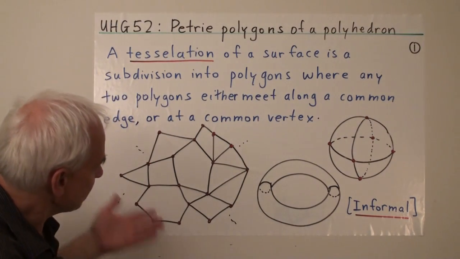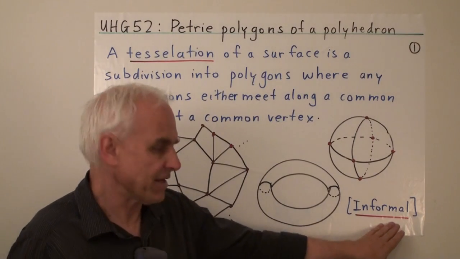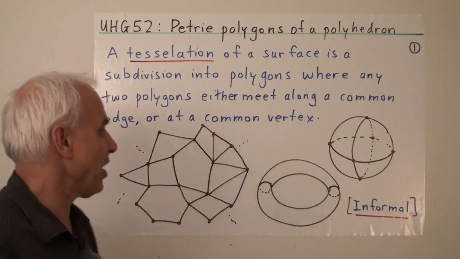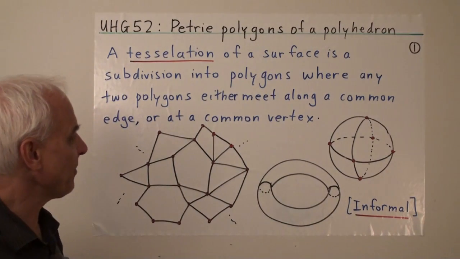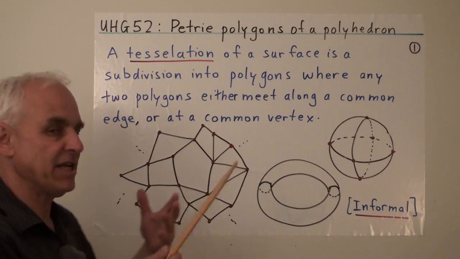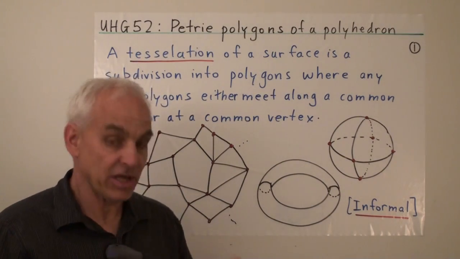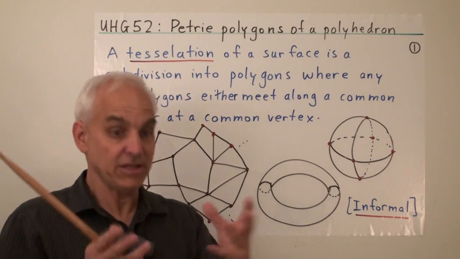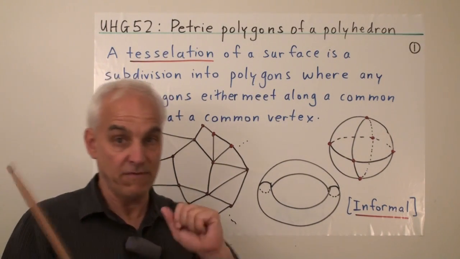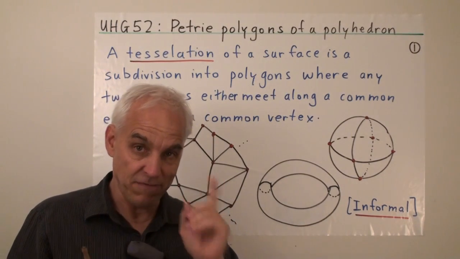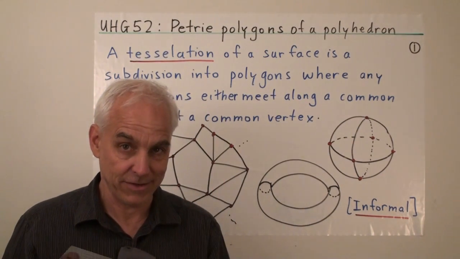Now let me just say that this is an informal discussion here. We're not being very precise because we're not saying precisely what a surface is, and so there's a little bit of an informality here. We're proceeding physically, which is very much in line with the way we're treating the Platonic solid so far. They're physical objects that we've created and we're investigating essentially their physical properties. We have yet to actually define them mathematically correctly.